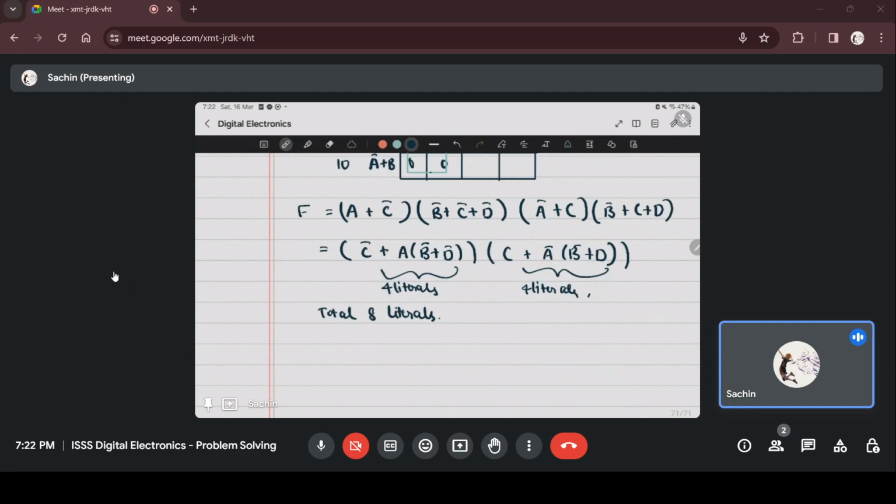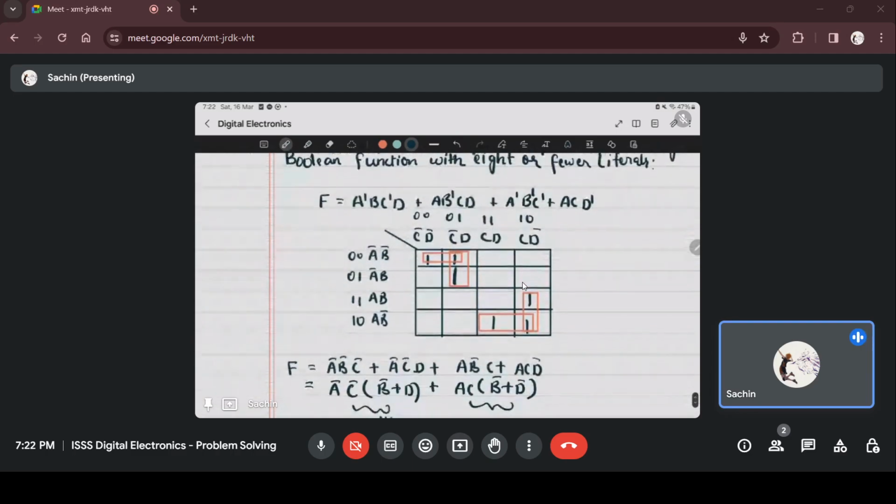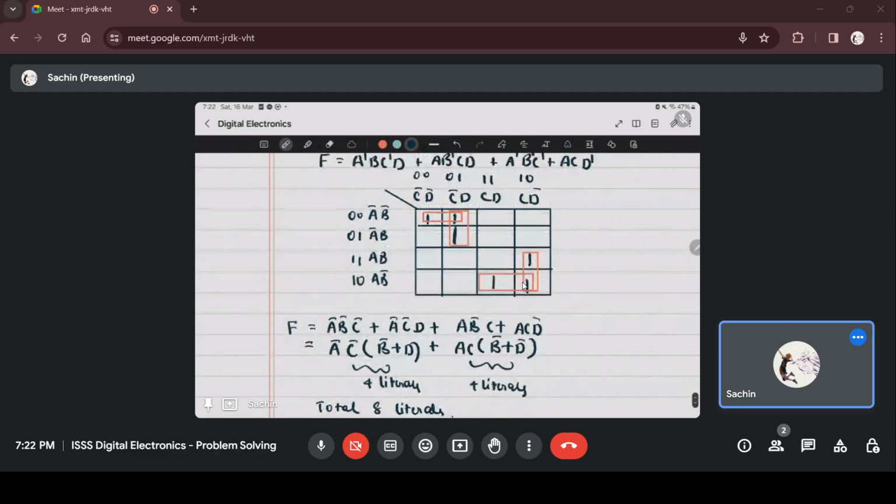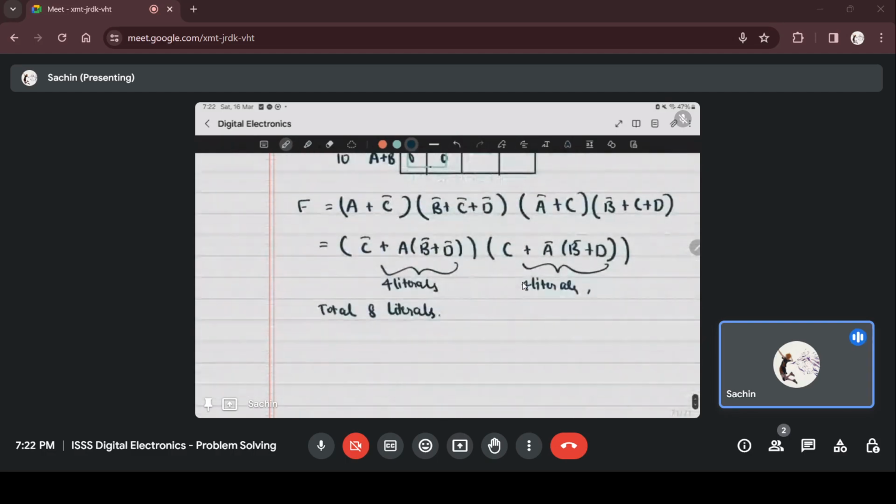And the third way would be, we could write every single one as a minterm. That would give us